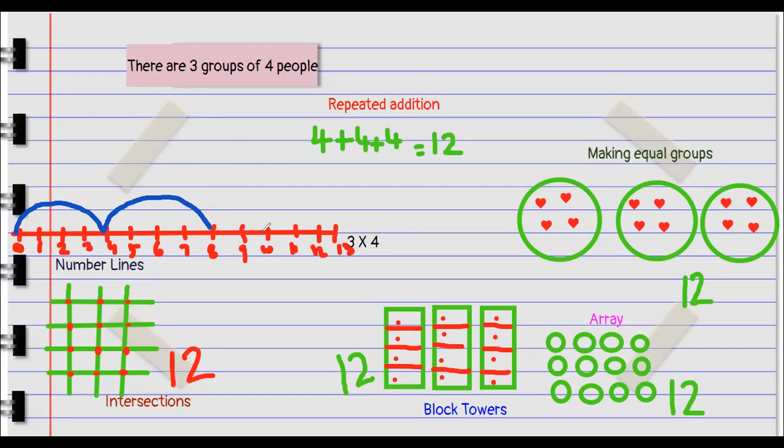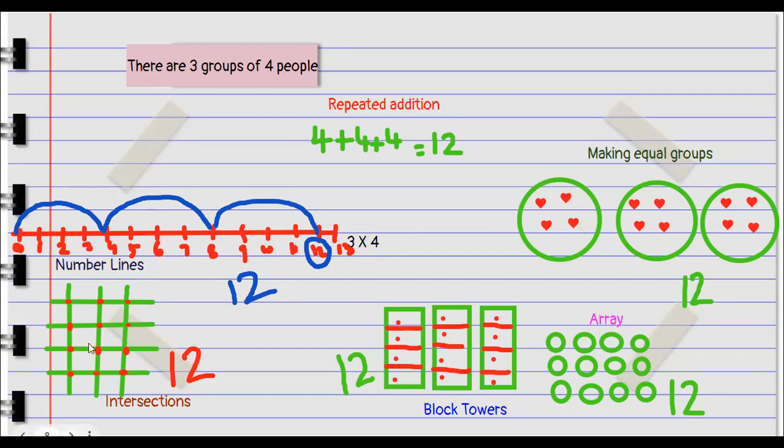Now again 1, 2, 3, 4. Till here I have to jump. So the number of spaces jumped each time is 4, and the number of jumps is 3. Right? So 3 times I jumped and I stopped at the number 12 again. So my answer is 12. So this was